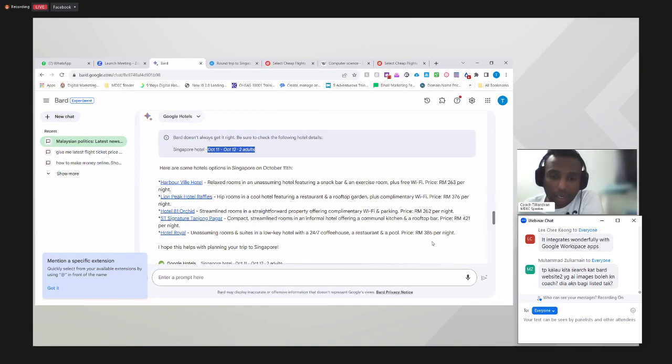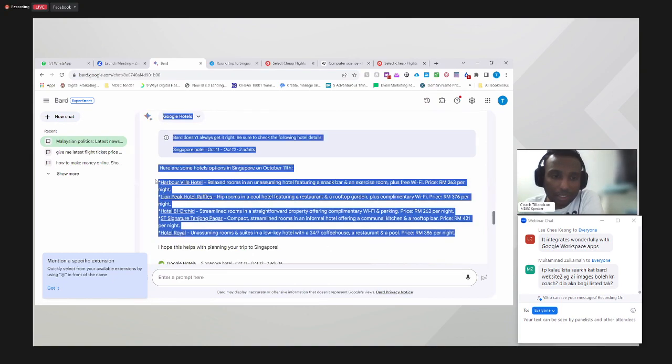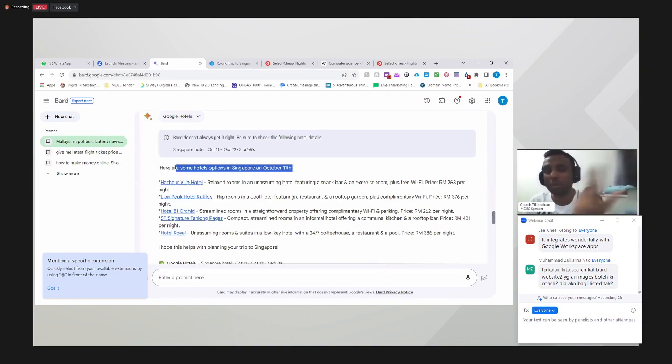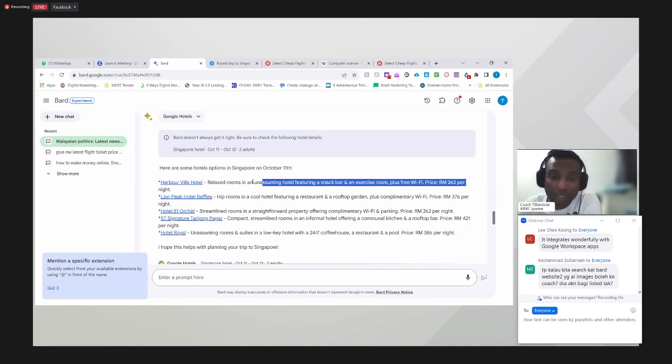Of course, biasanya Google akan bagi return based on the hotel yang ada good ratings lah. Either dua option aja: good rating, ataupun hotel yang ada sponsor, Google Ads lah we call it, diorang dah bayar to Google to promote this kind of hotels. So kadang-kadang you have to see this one,